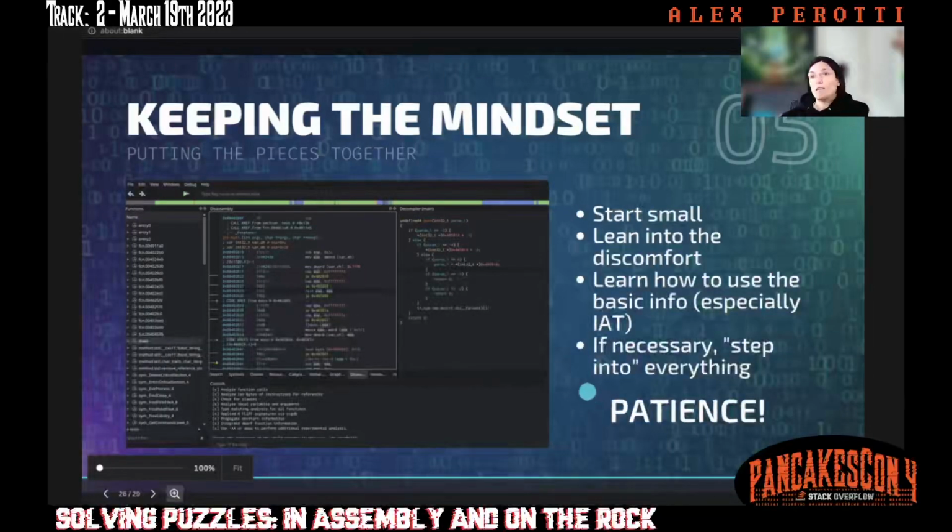Start your learning process and your workflow from little pieces, from relatively easy pieces. But in the end, you're going to have to lean into the discomfort, because that's really the only way you are going to learn. Learn especially how to use the import address table efficiently, because that's going to help you